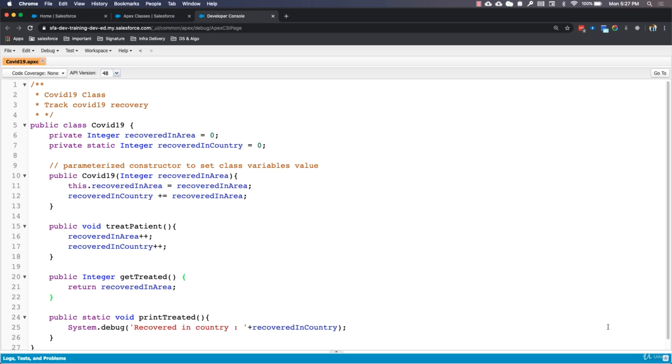Are you excited about writing your very first test class? I know about myself and I am very excited. So for this, we are going to take our COVID-19 class as an example, and this is how our COVID-19